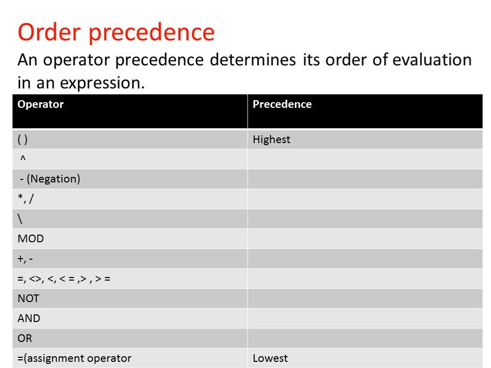And then logical operators which are NOT, AND and OR are evaluated in a sequence, and in the last the assignment operator is evaluated. In this way we can solve the expression by using this order of precedence. The highest precedence is parentheses and the lowest is the assignment operator. First of all parentheses are solved and after this we will assign a value to the variable.